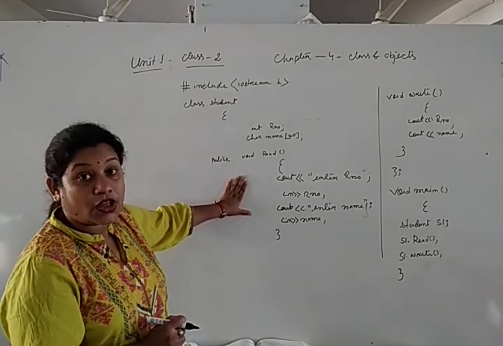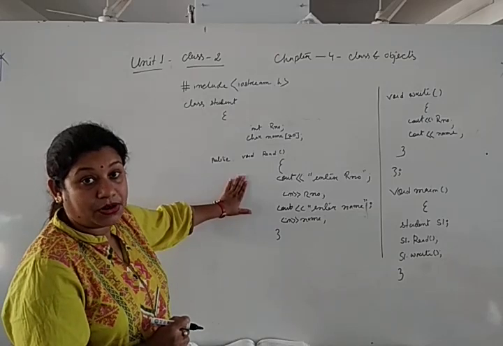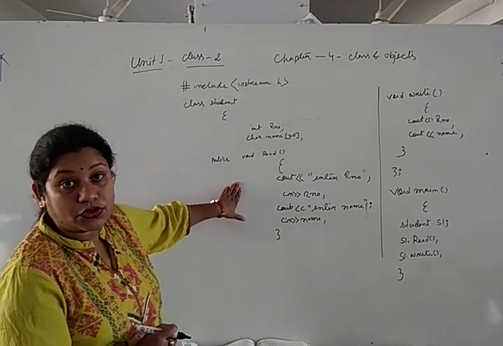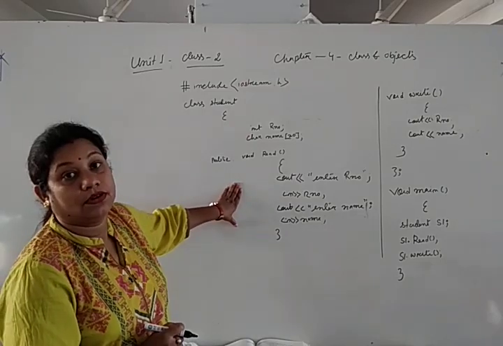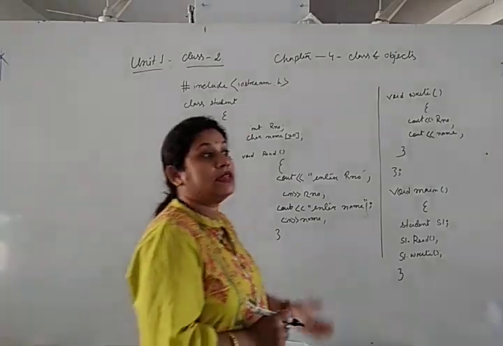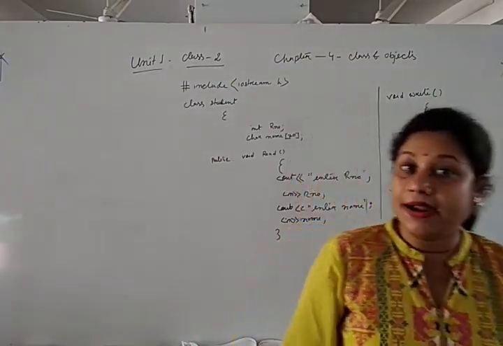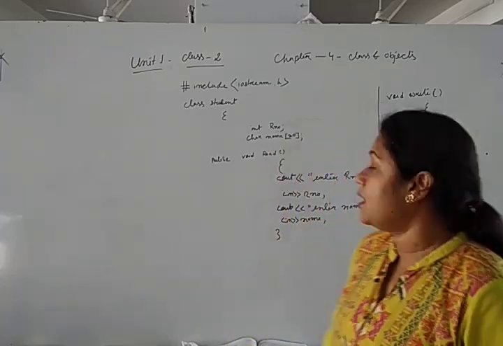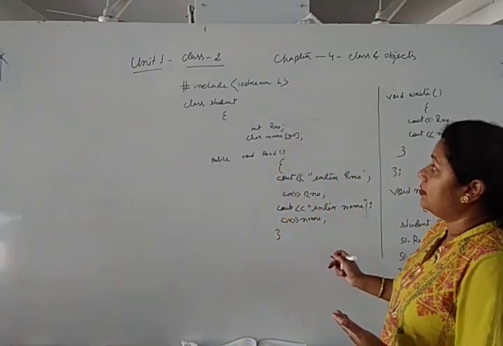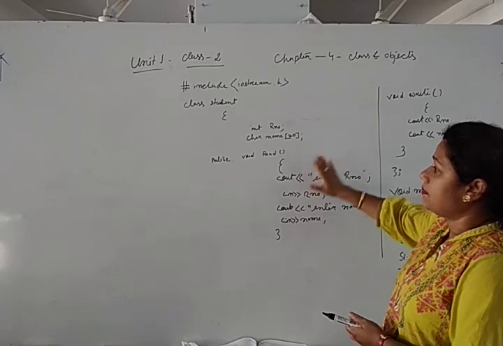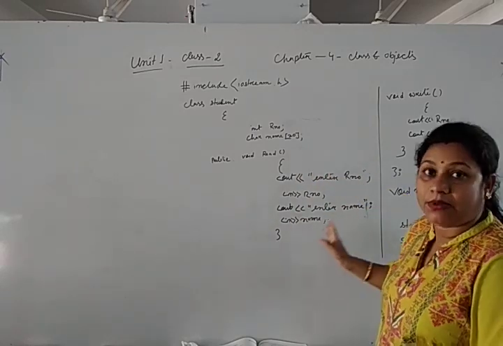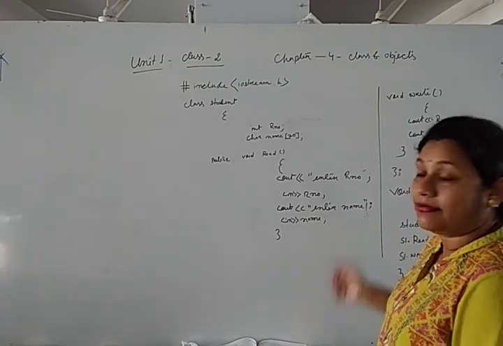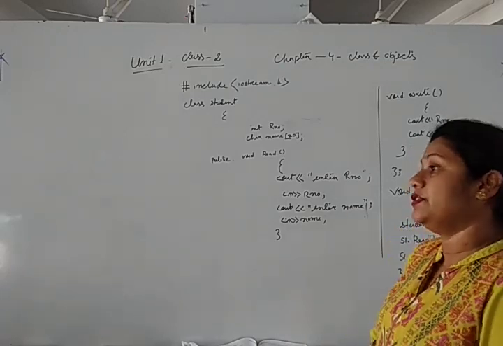This program is not directly understandable by the computer. So for that reason, what to do? You have to compile it. Compile it means using the compiler we are going to convert this high level language to machine level language, isn't it? Okay, so when you write this program for the first time, this program is known as what? Source program. After this what to do? You have to compile it.